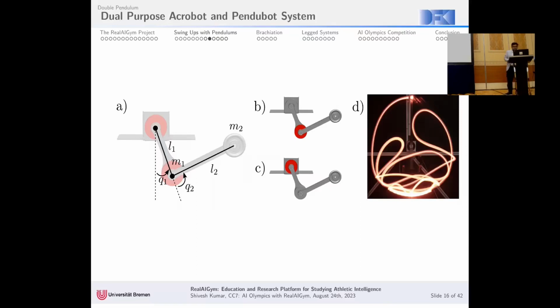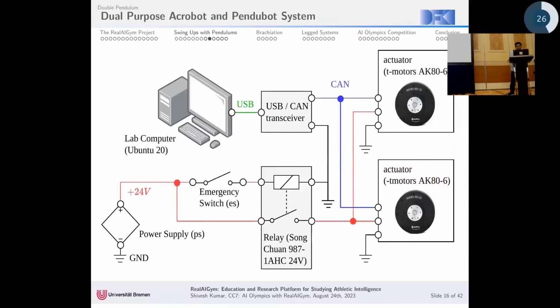So this is just an electrical diagram. I'm not going to go through it, but it's all very simple to set up. You don't need much infrastructure to develop this. And in order to